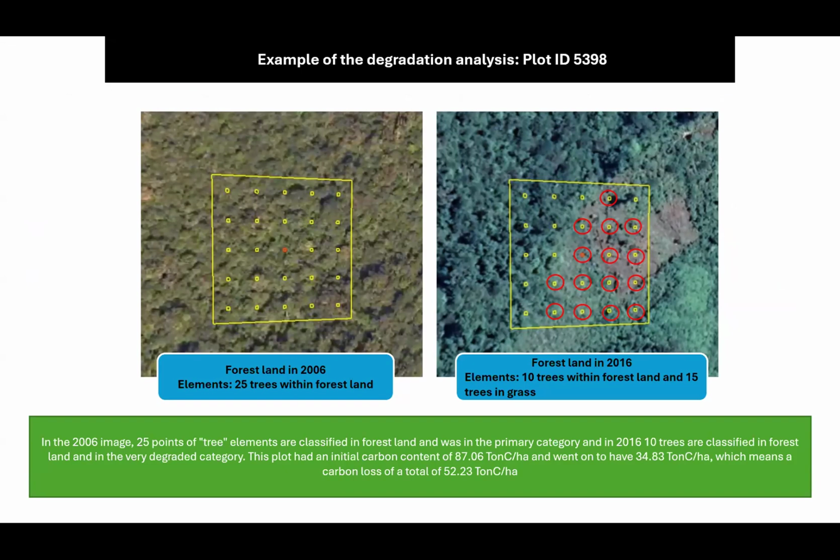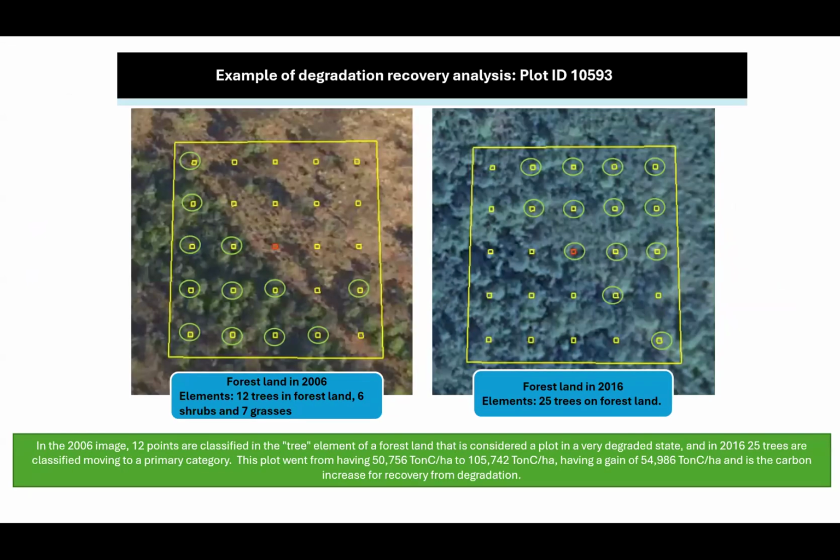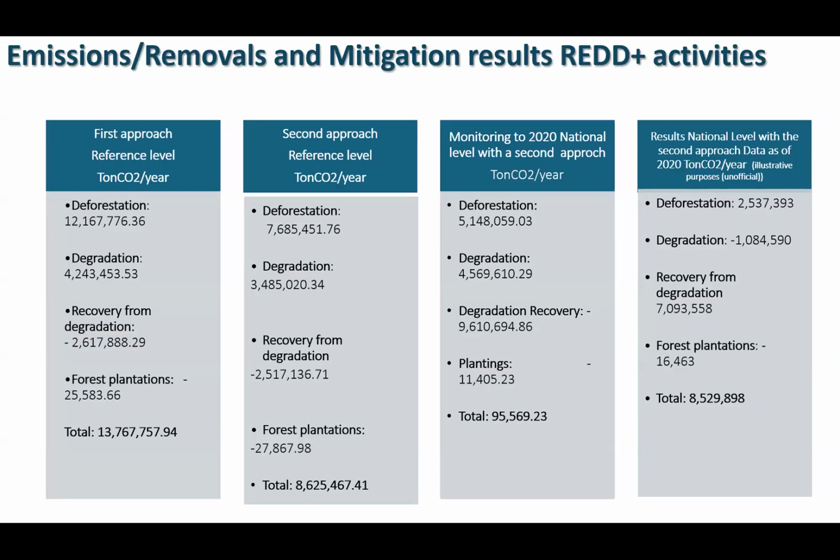And this approach is more conservative, because we only assign the relative carbon that the plot lost and the relative carbon content that the tree gained. And in the calculation of the emissions and removals, the mitigation result of the REDD activities, we saw that the first approach we have